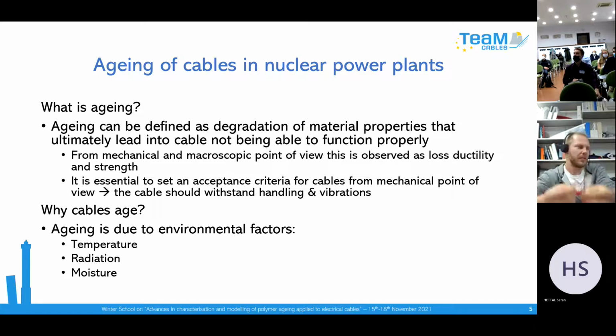You can break it into pieces. So, a concrete example: what the aging is from a mechanical point of view. One essential part of measuring the cable's good condition, whether it's mechanical or another property, is that you should have a proper acceptance criteria, at which point the properties are still sufficient and show that the cable is still in